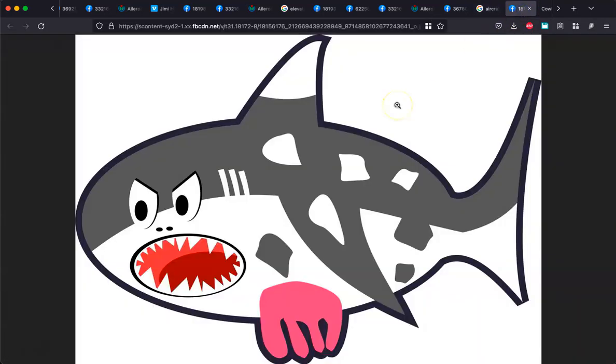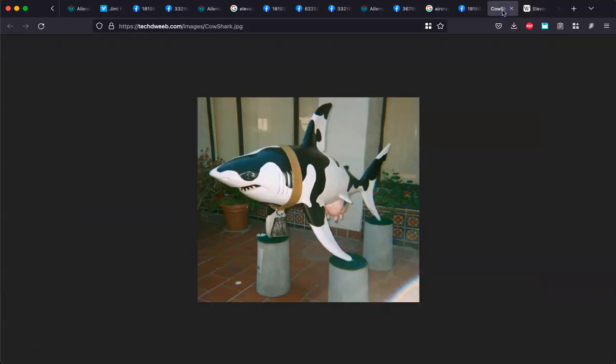So here I have a shark. This shark is called Yaws, and the fin is what sticks up out of the water, and that shark has an udder, not a rudder, an udder. I didn't make this picture. It was already on the internet. And you know what? There was another picture on the internet that already existed of someone who wanted to make a shark with an udder. Anyway,